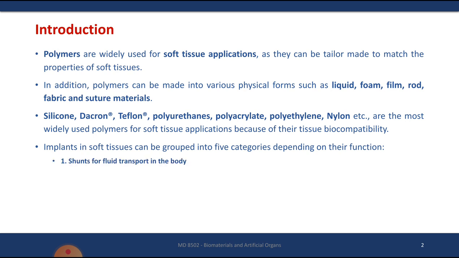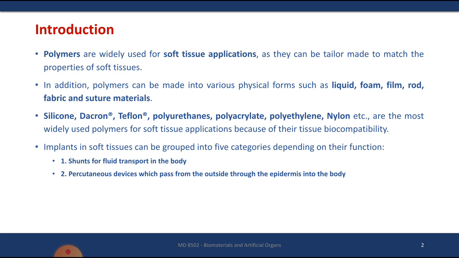First one is shunt for fluid transport in the body. When we say shunt, you know about electrical circuits, you would have read it, right? In an electric circuit you have a series resistance and a shunt resistance. When we say shunt, it's like a parallel connection. That is what we mean by shunt for fluid transport in the body. In the case of cardiovascular implants, we place a shunt artery in parallel to the natural blood vessel, so it acts as a shunt for transport of fluids inside the body.